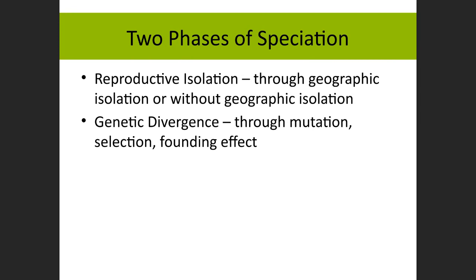That's easy for bacteria because they never mated, right? But for animals, it's harder. You're going to have to physically separate them, right? Once organisms are no longer mating, then you need some diversity to build up, some genetic divergence. They need to be different from one another. That can be mutations or enough selection that they are different from one another, right? Or a founder effect, some small group goes off on its own, and then there could be some selection and mutations that build up.